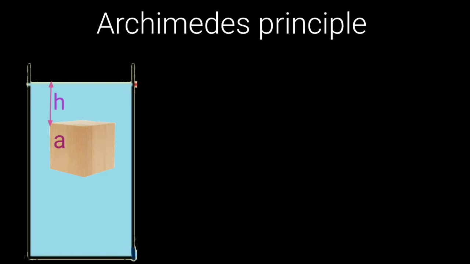After immersing the cube in water, there are two forces acting on that cube. One is pressure from the top and the other is pressure from the bottom, which gives the buoyant force. Here we have to calculate the net force exerted by the liquid. So I am writing here: force due to liquid on the cube. To calculate the net force, you have to subtract these two forces. So force due to liquid is equal to Pb into A minus Pt into A.